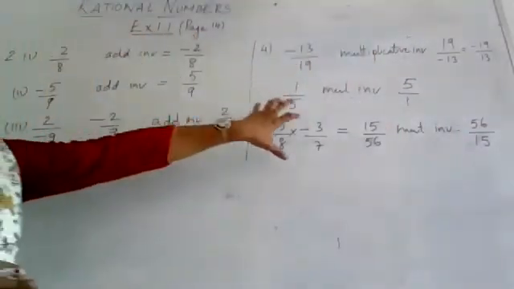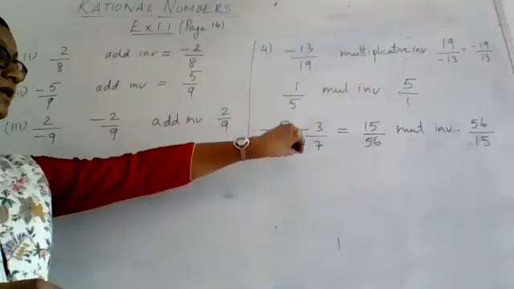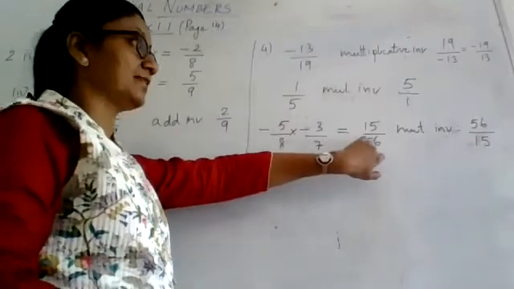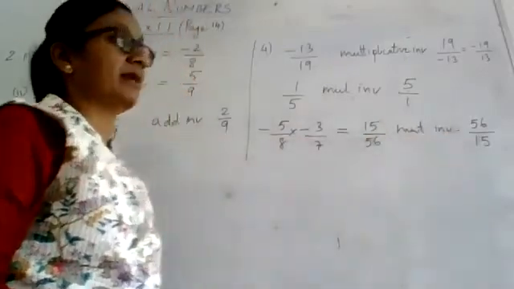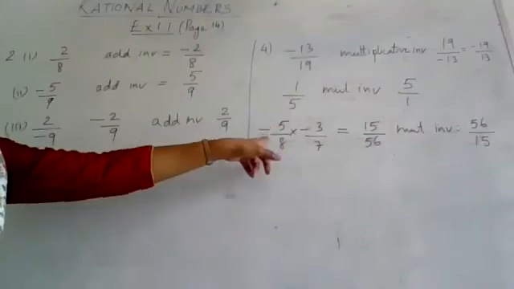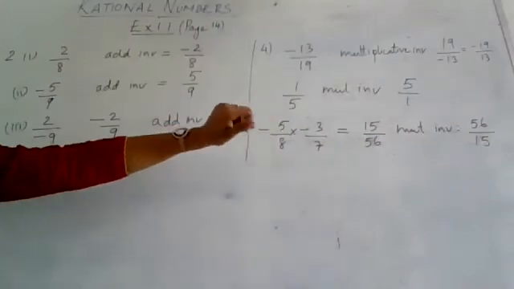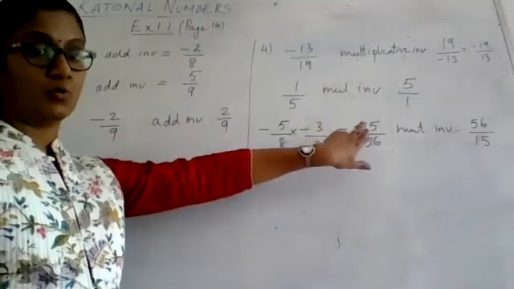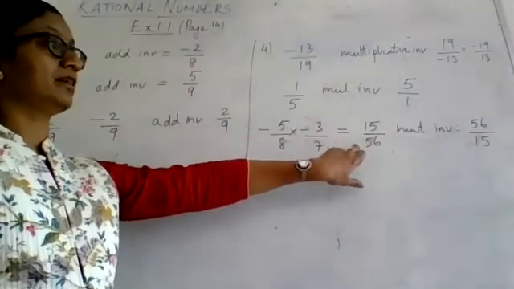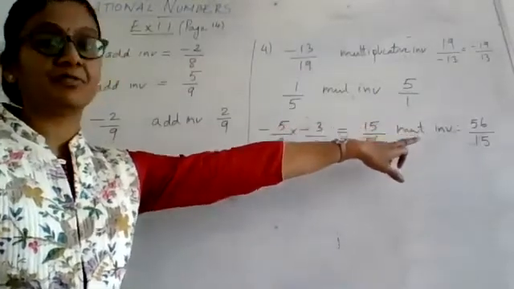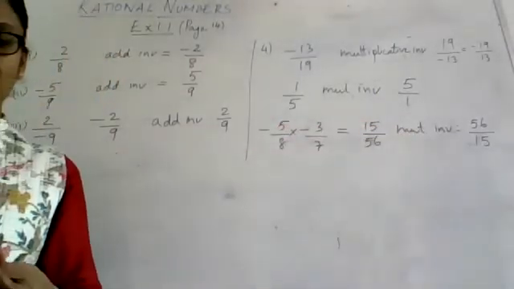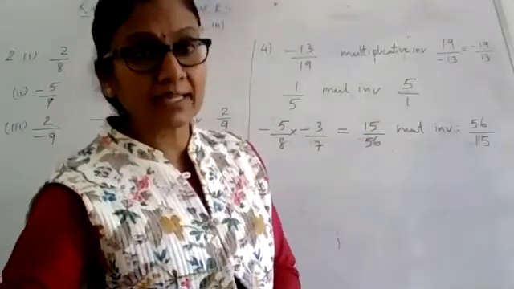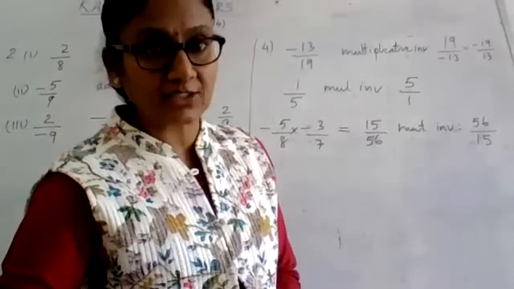Right? So if there is some operation which is given, complete the operation and get the rational in its simplest form. Once you get it in the simplest form, then go and find out its multiplicative inverse. Because a negative rational multiplied with another negative rational, the product is going to be a positive rational. And hence when you want the multiplicative inverse of this, you will find it like that, 56 by 15. So these were simple problems to find the additive inverse and the multiplicative inverse of a given rational.